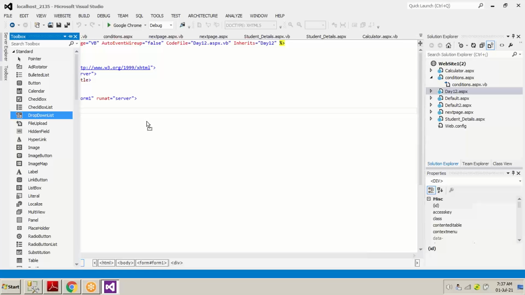So as we were discussing about pulling the data from database, we will be using two controls to pull the data. The first control we used previously also, the drop-down list box, in which manually we added some data like male and female. But we are not going to do that in today's session. We are going to pull a particular field from the database and list it on the drop-down list box.